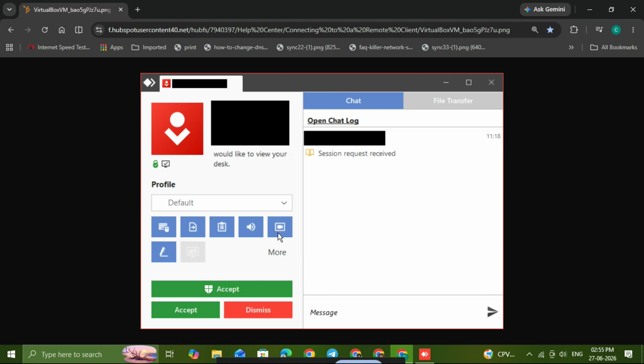That permission screen is one of the most important parts of how AnyDesk works. It gives the remote user control over what the other person can do. So if you're connecting to someone else's device, always make sure they understand what access they are approving before they accept the request. Once the request is accepted, the connection is established, and you can begin interacting with the remote